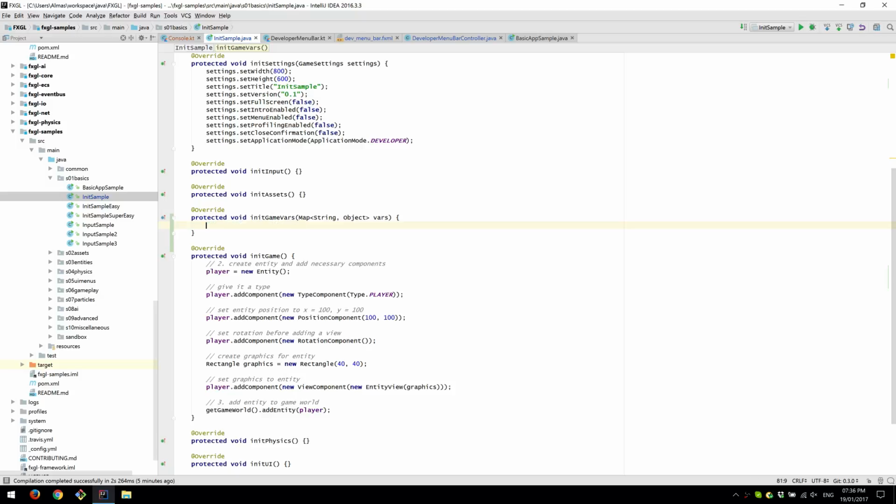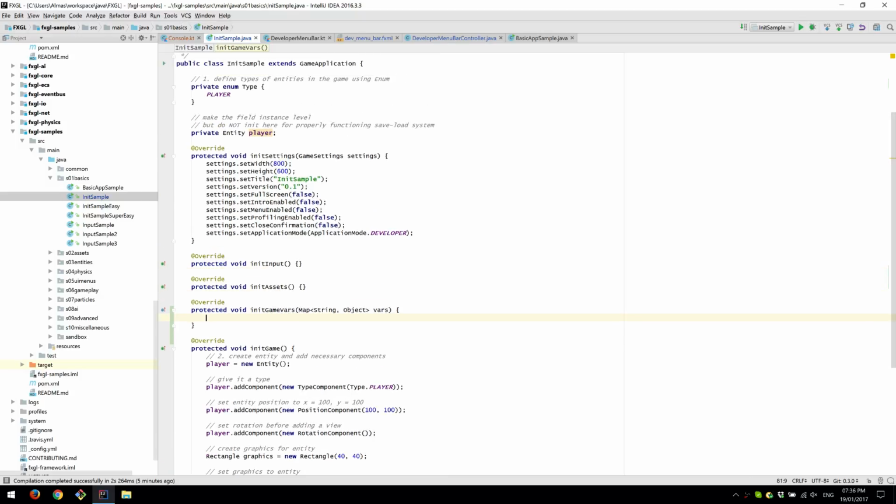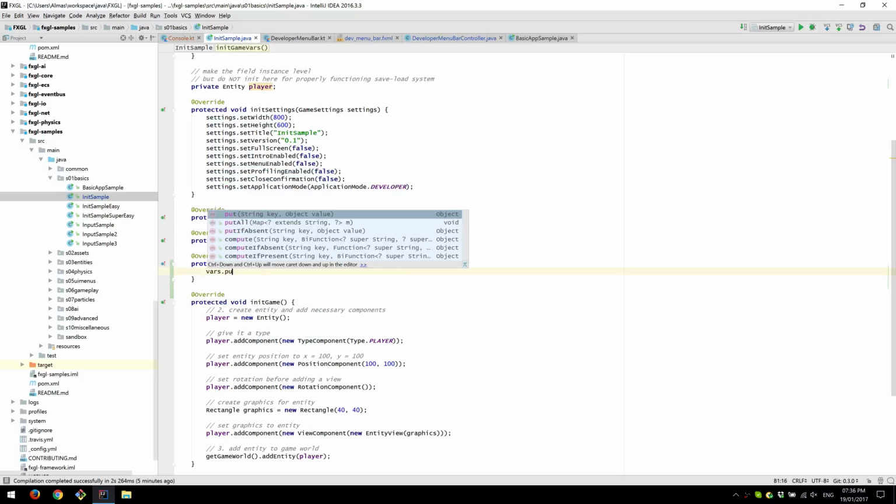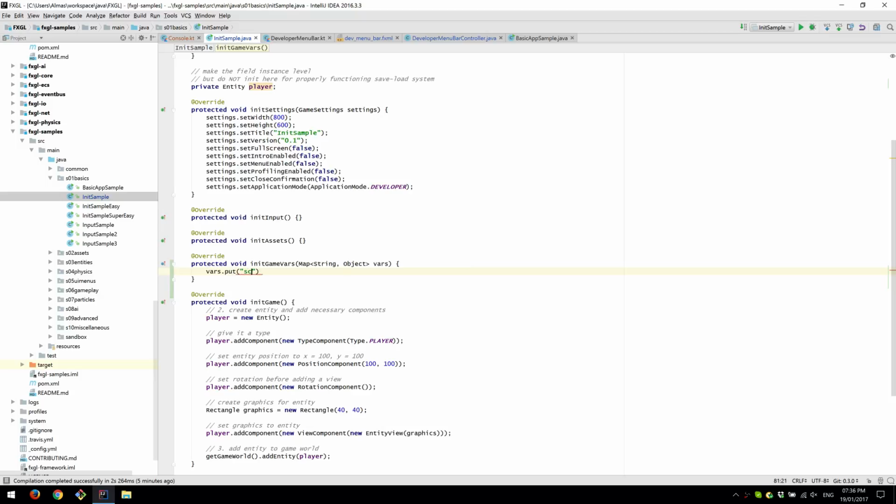Which is new to FXGL 0.3. That provides you with the ability to add key value pairs, where the key is the name of the variable that is important to the game state, and value is the value of that variable. So if we put something like score with the value of 0,